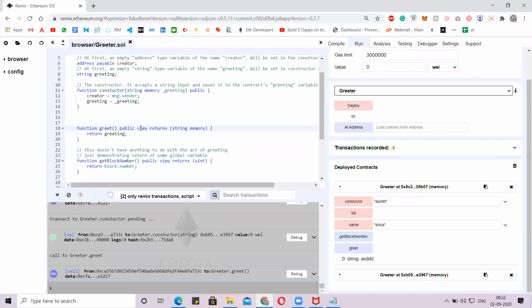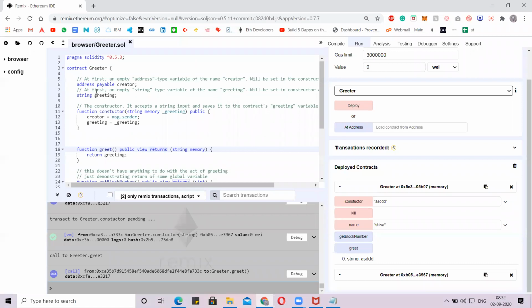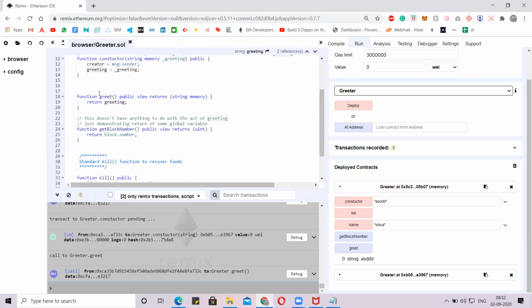Now, returns. We are returning the string memory, returning from the global variable. See, this is how the global variable works, guys. We can call it anywhere in any function. We can call a state variable only in its function scope, but we can call the global variable anywhere. So this is how we call the data from the global variable. In other words, we call the data from the stored smart contract. Is that clear, guys? How we are calling the data?